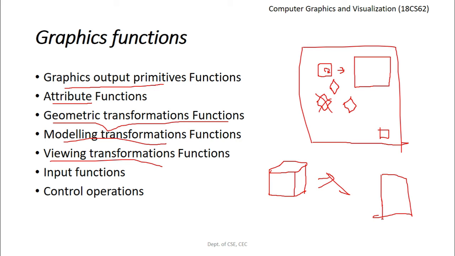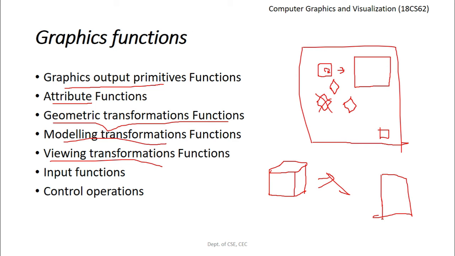Other routines are available in the viewing transformation functions for managing the screen display area. On a screen, which area should be selected for displaying something. So we can specify the position of the screen area, the size, and the structure. For 3D scenes, visible objects are identified and the lighting conditions are also applied. We can also apply different lighting effects, ambient light, and so on. So that is the viewing transformation functions.